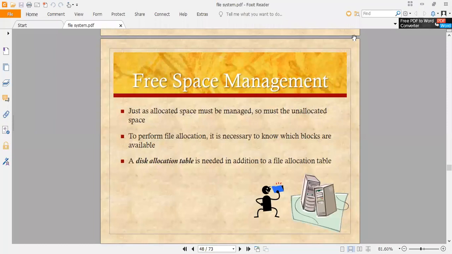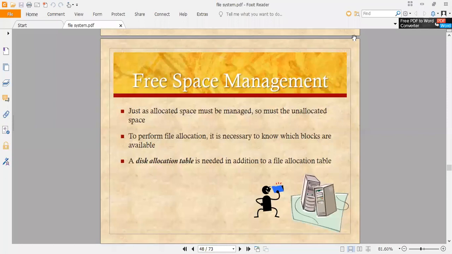The free space list records all disk blocks that are free. And to create a file, the free space list has to be searched for the required amount of space and it allocates that space to a new file. So this space is then removed from the free space list. When a file is deleted, this disk space is added to the free space list again, right?